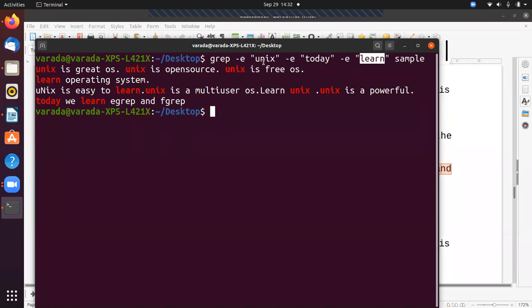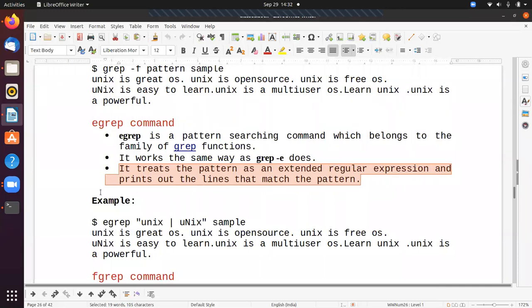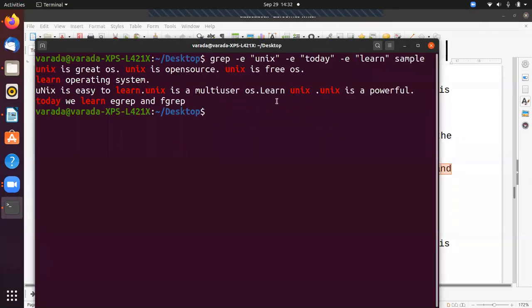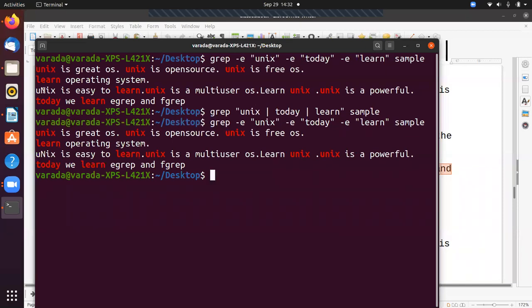If you provide something like this, it is treated as an extended regular expression. I give grep, Unix or today or learn. It does not display anything. Why? Because grep treats this as one regular expression. Instead, if I give it like this, it displays the matched lines.